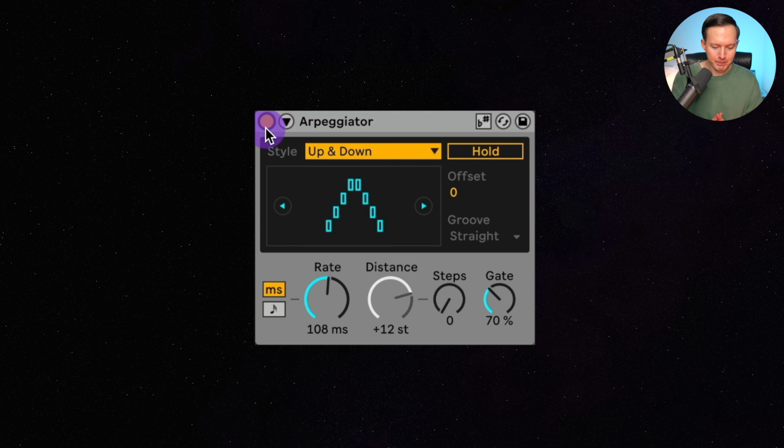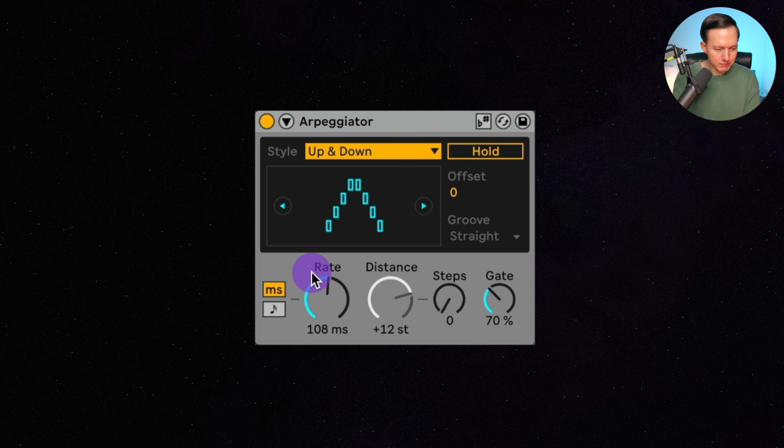I found out recently, while playing around with this, that if I use something like an arpeggiator and then I play a few notes on my keyboard, we can get this bubbling sound, like water bubbles. And depending on the notes that you play, because you can hear the pitches, you can get a cool bubbly sound. You can play around with these different styles of the arpeggiator